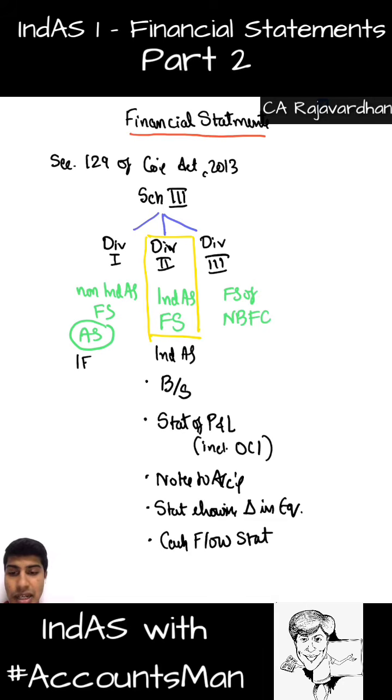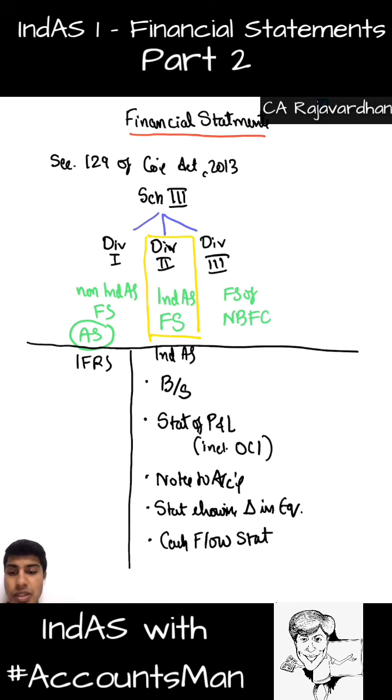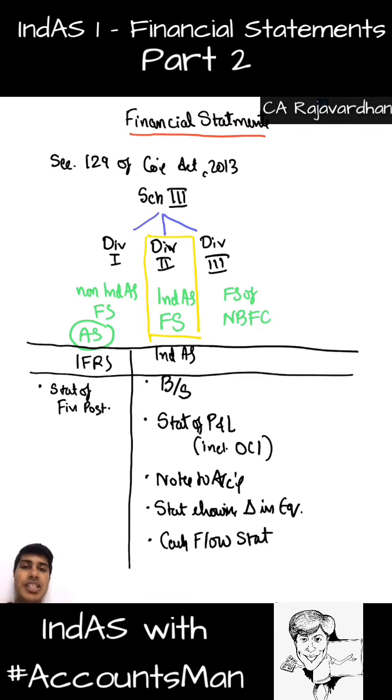Was it the same under IFRS? This is a separate discussion altogether. So, was it the same under IFRS? Come on, let us see. Under IFRS, it was firstly not called a balance sheet. It was called the statement of financial position. That name is changed now. So, statement of financial position is carved out, and the balance sheet name is carved in. That's something that's added into our Ind AS, which was previously not there in IFRS.